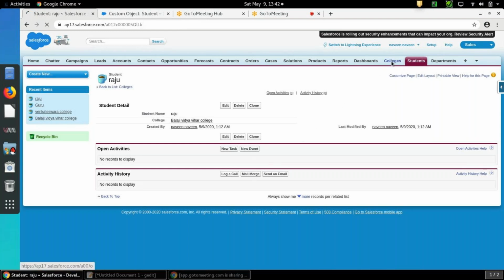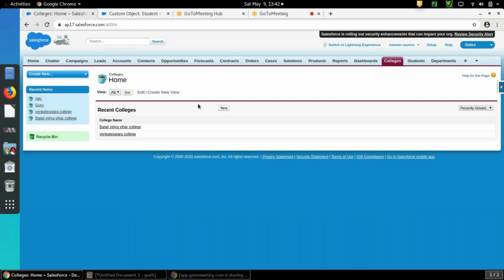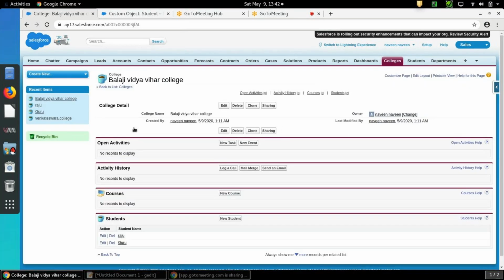Suppose I go here to colleges and click on Balaji Vidyavihaar College, and I delete this record. Automatically, whichever students we have created associated with this college record, those two students should also be deleted. That is nothing but master detail relationship. So I'm deleting the record.